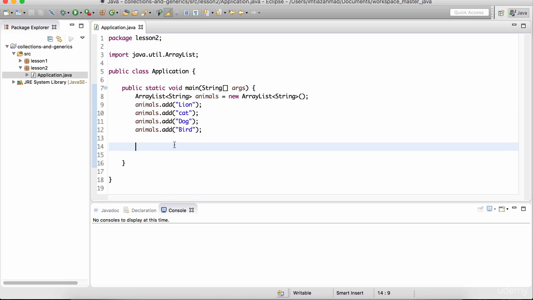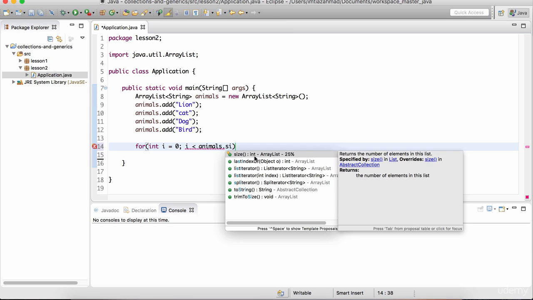I want to go over how to loop over this data structure. In the previous lesson, I briefly went over how to iterate over an array list, but I want to go over that in greater detail because I don't think I provided enough information. So there are two ways you can loop over this. You're already familiar with the traditional for loop, which goes like this. We first create an iterating variable. We'll call it i. And then the next thing is we specify a condition as long as i is less than some particular value. So we can actually do